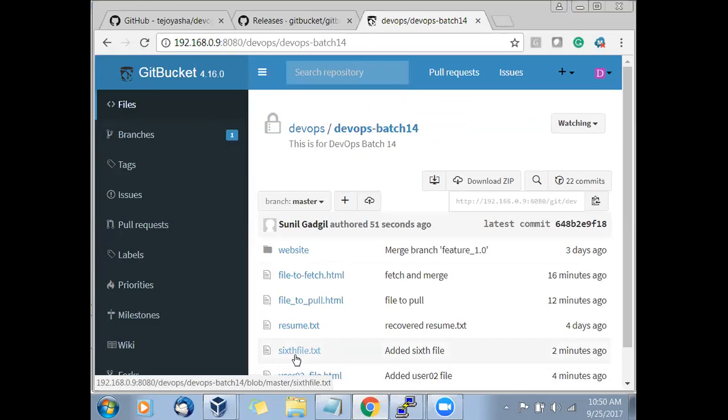Okay, and now in real time, when you go to the office in the morning, 9 o'clock, what do you do? Fetch and merge. First thing is you have to do fetch and merge. Then you upload anything, whatever you want. After coming back from lunch, what will you do? Fetch and merge. And before leaving your office, what will you do? Fetch and merge. That is what we are doing, right? So you are going with the fetch and merge.